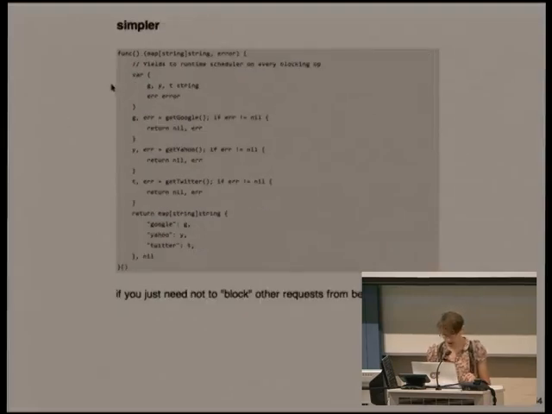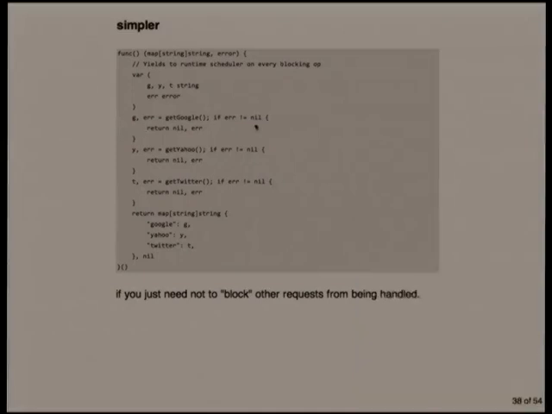Bit more complicated in Go. To be fair to the JavaScript version, there's some error handling. Doesn't really matter though. The point is that if you're just worried about solving what Node.js is trying to solve in the naive case of not blocking other routines, you can just write it imperatively, and the scheduler will make sure that whenever you make this blocking call, this function gets taken off its real thread, and the runtime makes sure that something else gets to do some work.